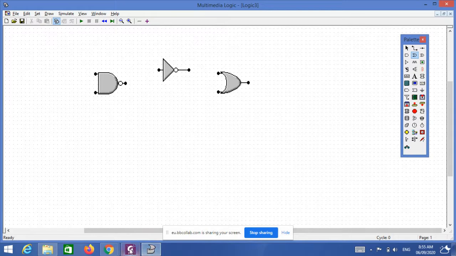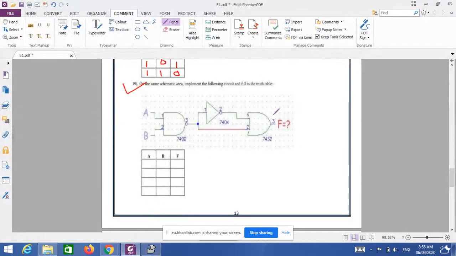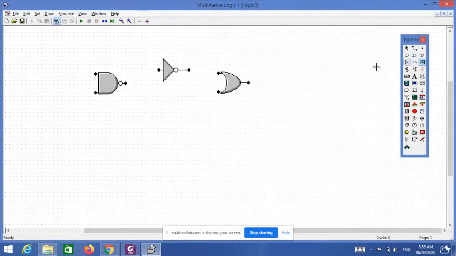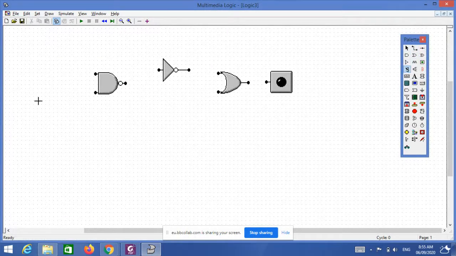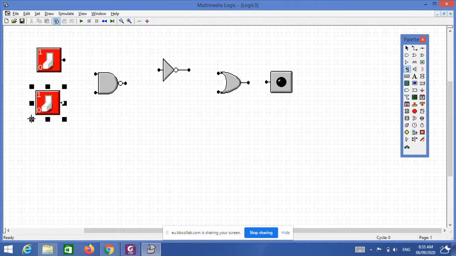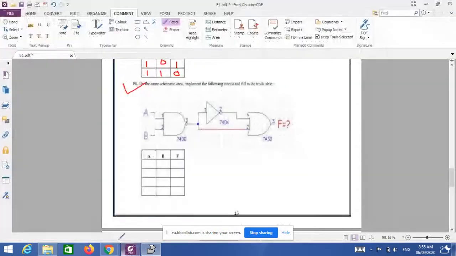Am I right? So this is what is shown: NAND, inverter, OR gate, and then one LED and two switches. So let's get one LED and two switches. After you get these, I give the connections as in the diagram. From the NAND gate the output is going to two inputs, right?